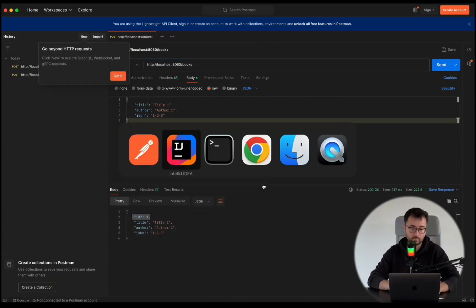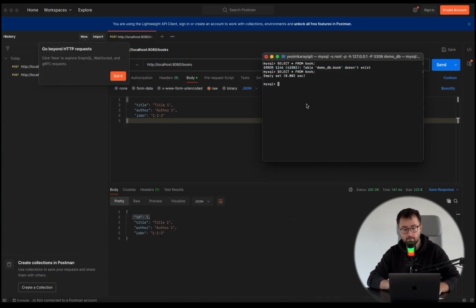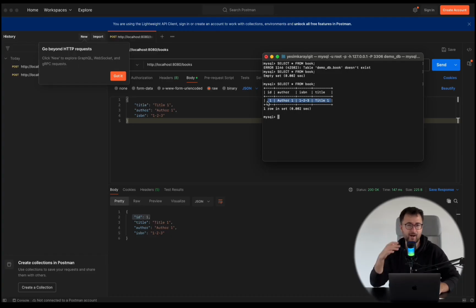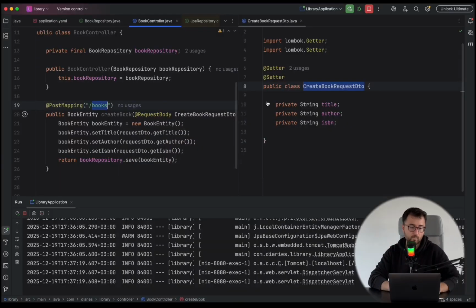And if I go back to my terminal and rerun the select query to see if that worked, we now see these IDs and authors, and we basically have a new book in our book table. And practically speaking, this now works, but one of the most urgent problems that we are going to need to